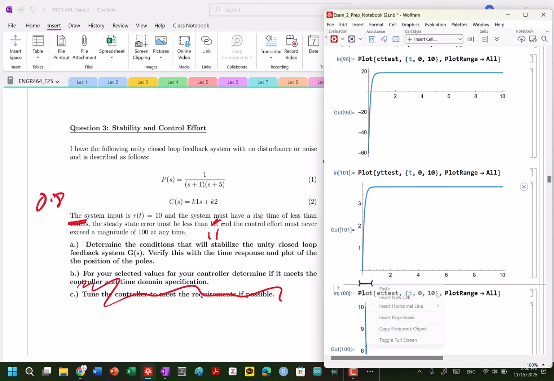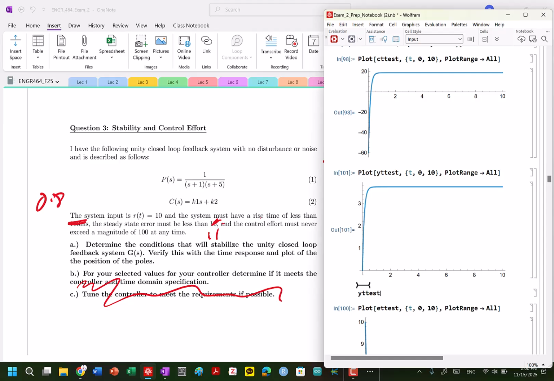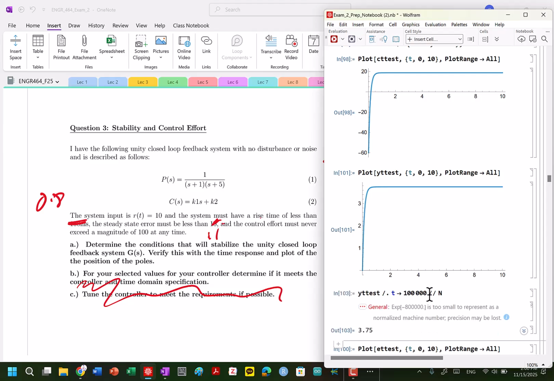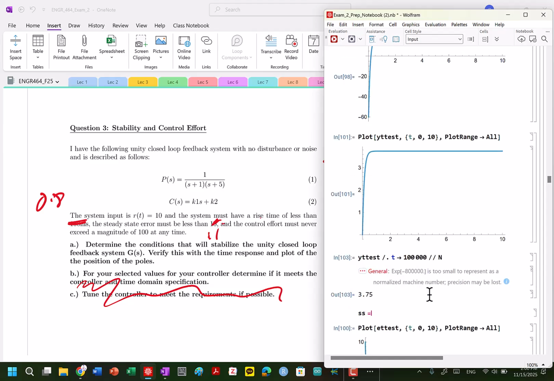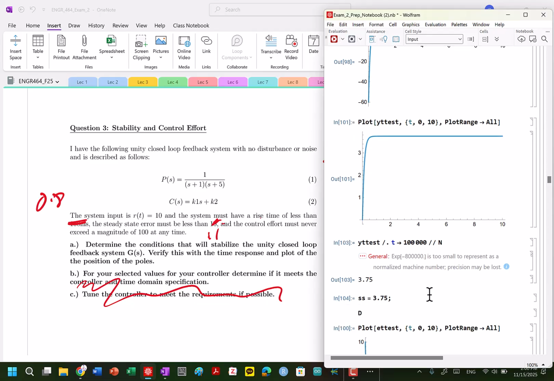So we're going to say y-test /. t goes to large values. Let's look at this numerically. My steady state is equal to 3.75. Now, peak time might be easiest, so let's do peak time first. We find the root where the derivative of y-test with respect to t, set equal to 0, solves for t, around, let's see,